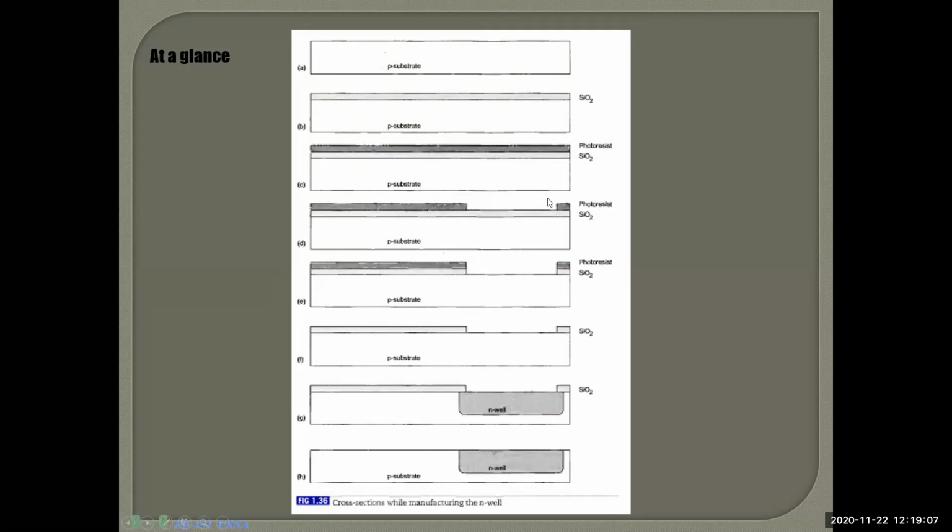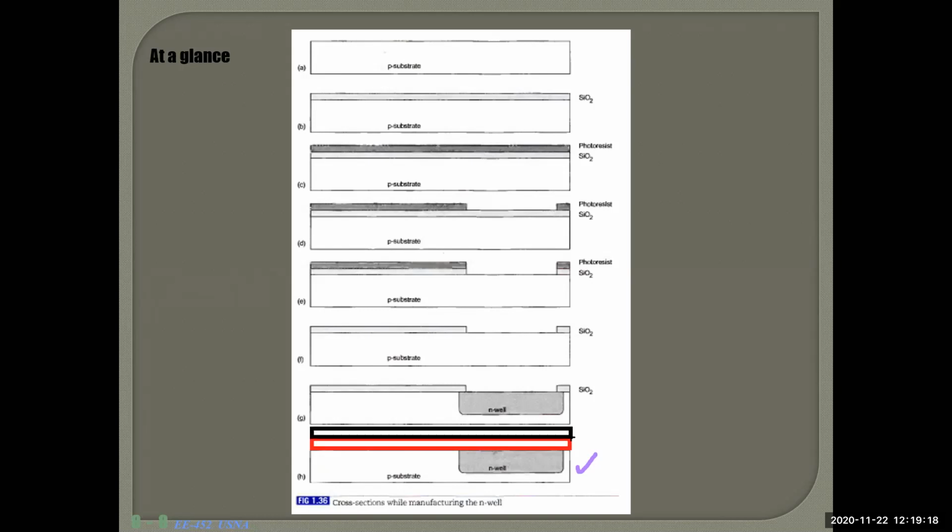Now what? Now you have to apply a silicon dioxide layer here again. Then you have to give a photoresist like this again. Then you have to give a mask layout. Then you have to give a UV ray. Then after the UV ray, what happens? After the UV ray, let's say this part is gone. Okay. Then you give some hydrofluoric acid. Then what will happen? This part will be gone, something like this.